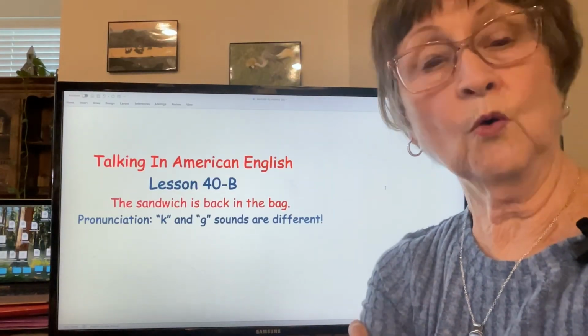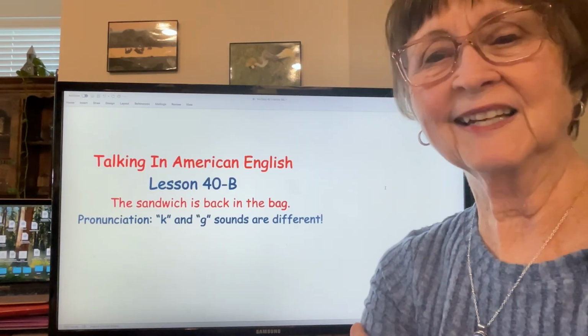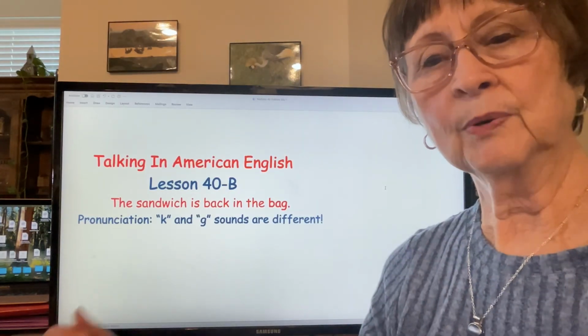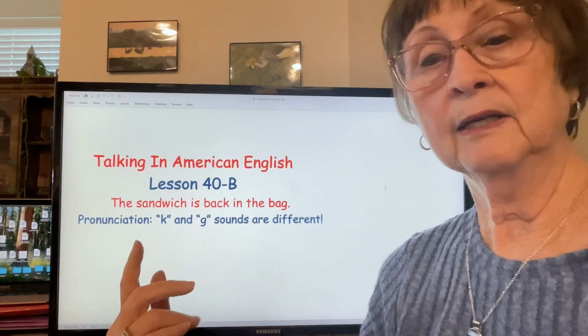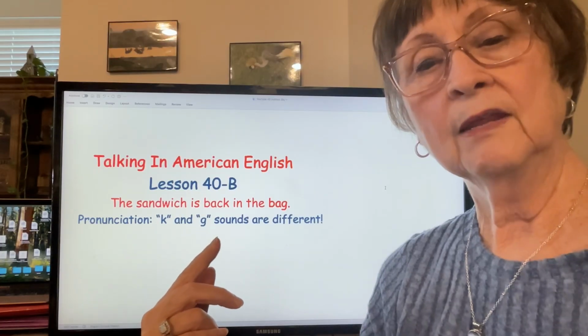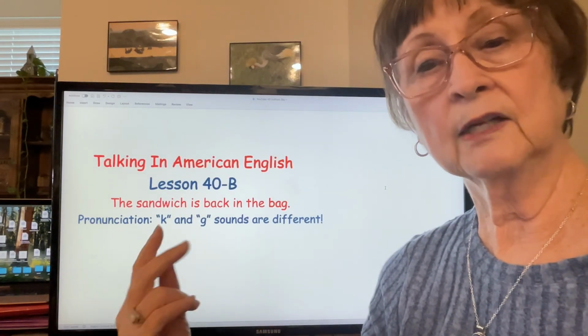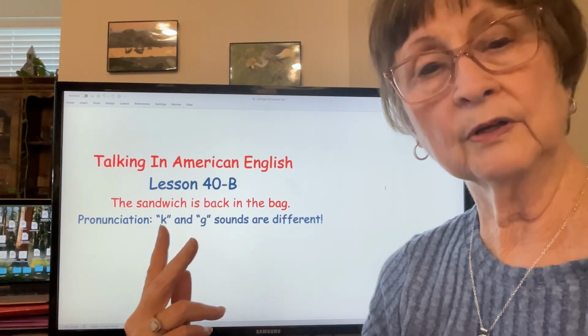This is Lesson 40, Part B. I've already done Part A. Hope you watched it. And this one is a pronunciation lesson mostly. It has some vocabulary. It's about the letter K and the letter G. They sound different in English, but some language groups have trouble making them sound different enough, so we're going to